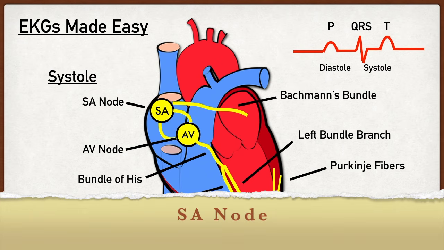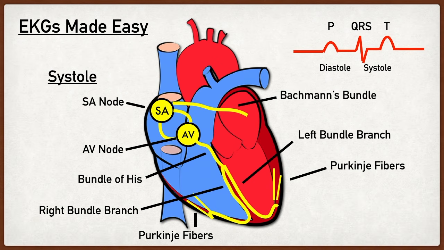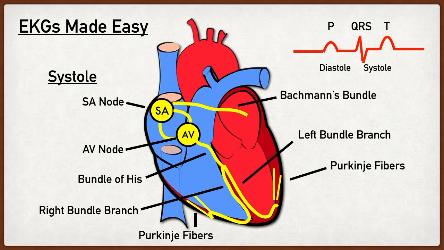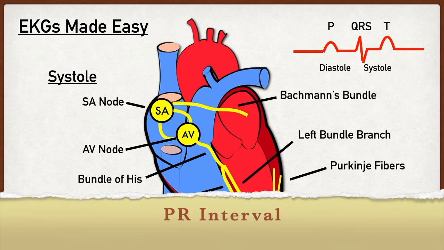Remember that it was the SA node that generated the action potential and allowed for atrial depolarization to occur. The action potential then traveled to the AV node where the conduction velocity was slowed to allow time for the atria to contract. This was reflected on the EKG as a flat line between the P wave and the QRS